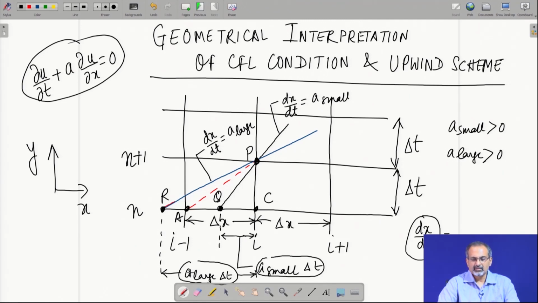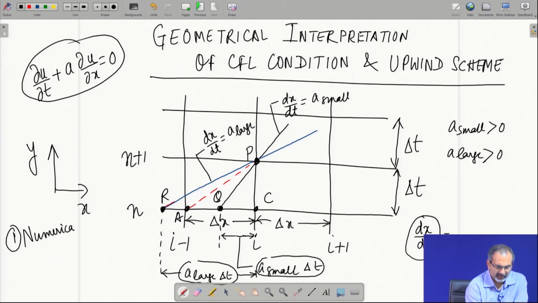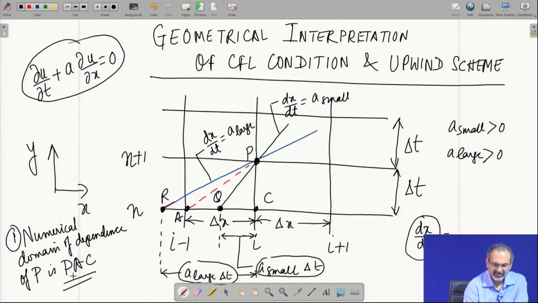Now, having defined the geometrical setting of the problem, let us try to understand the significance of these lines or these regions that we have defined here. We also need to take care of the points that we have defined, let us say P, R, A, Q, C. All these points are important for us to understand what is going on here. So, we will define two domains which are very important for us. Let us say, to begin with, a numerical domain of dependence of point P, and we will define that as P A C,